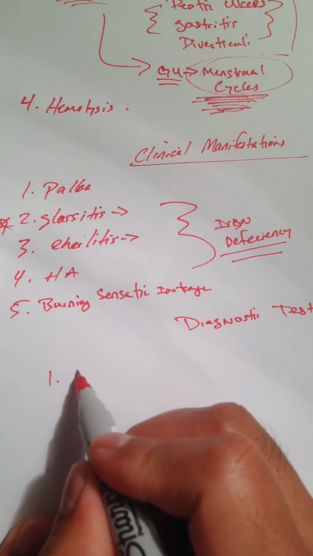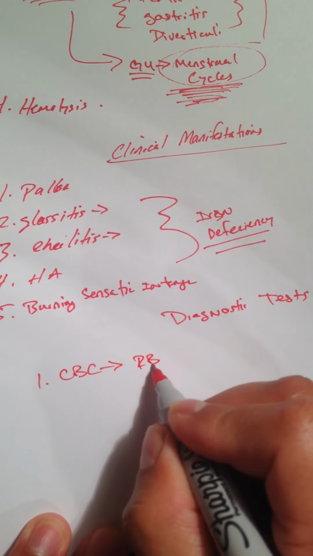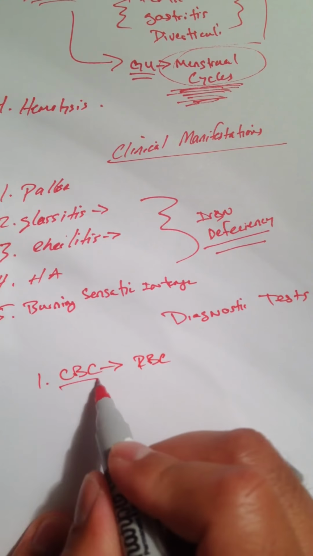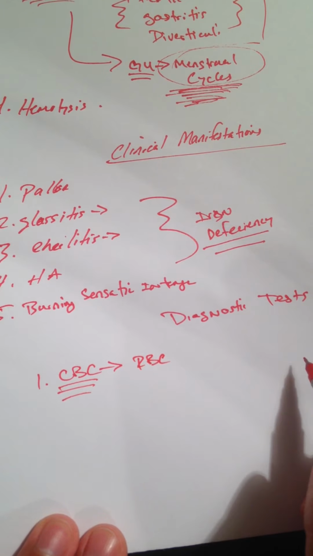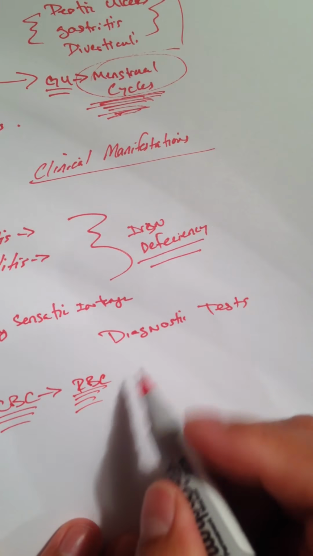Number 1, CBC. Now remember, in your CBC, you're going to have red blood cells. CBC stands for complete blood count. So in your complete blood count, you will have a number of your red blood cells. You will also have